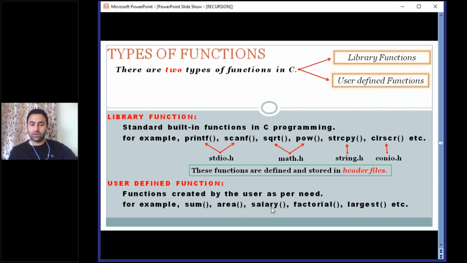You can make a function to calculate salary of employees in an organization. You can make a function to calculate factorial of a number. You can make a function to find the largest number in an array. So these are as per the user's need. These functions will be defined as per user need, so these are known as user-defined functions.